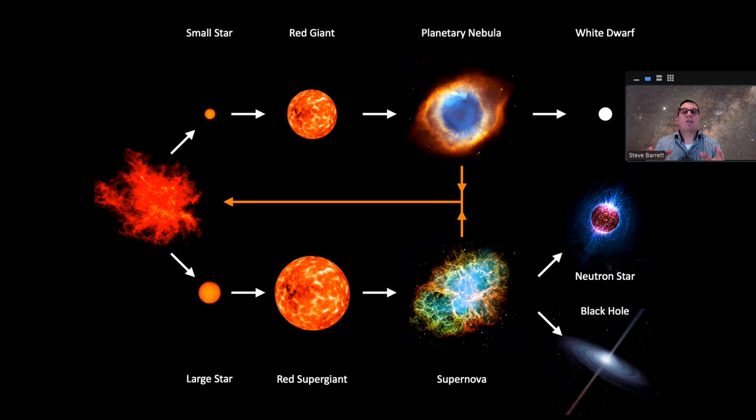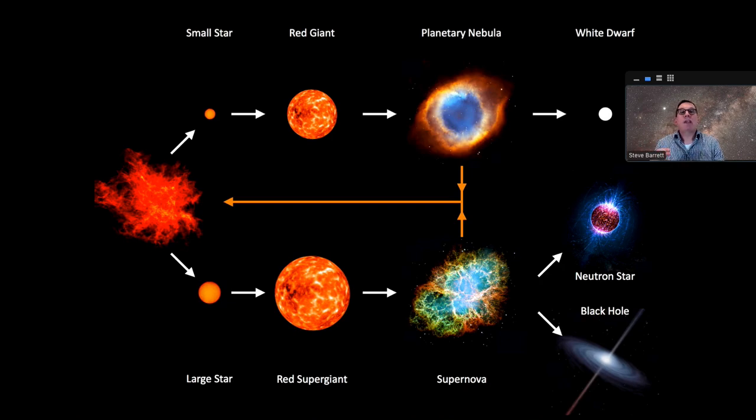So we might have started with a cloud of hydrogen and helium left over from the Big Bang. But once we've been through the process of making a star and then having the star come to the end of its life, that star will have produced some elements through nuclear fusion, and those elements will end up reseeding the interstellar medium, which gets enriched by these heavier elements. And then we end up with a cloud of hydrogen with a few heavy elements in it, and that will make new stars, which will go through this process again and make some more heavier elements, which again will be blown off into the interstellar medium, and this cycle will go round a few times.